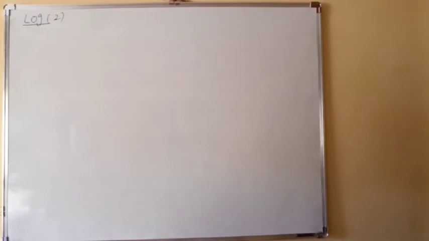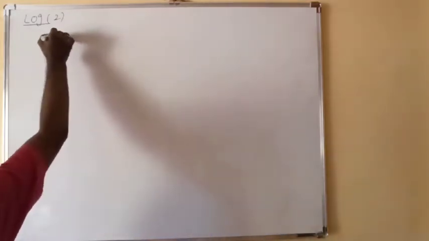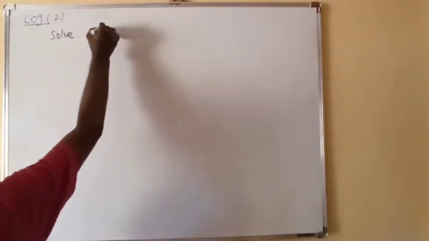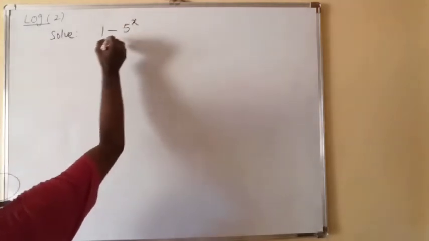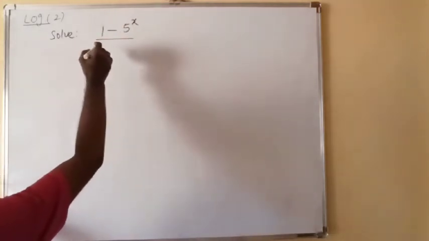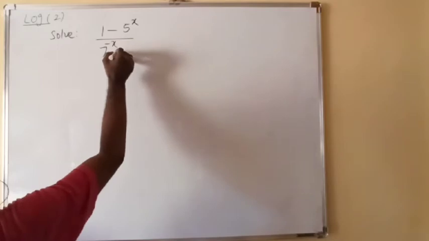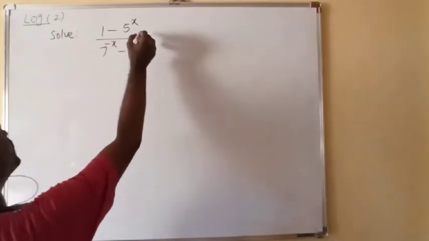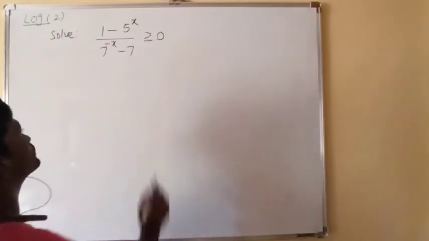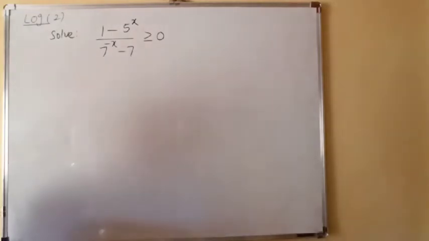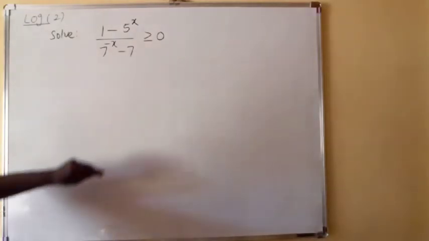Second problem. Solve (1 minus 5 power x) divided by (7 power minus x minus 7) is greater than or equal to 0. So first you make the